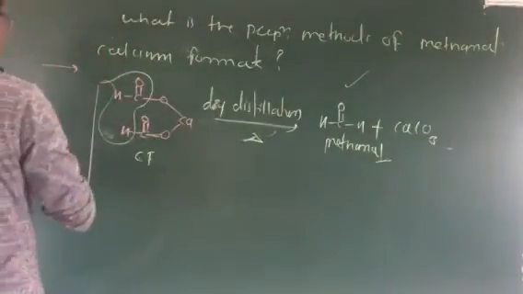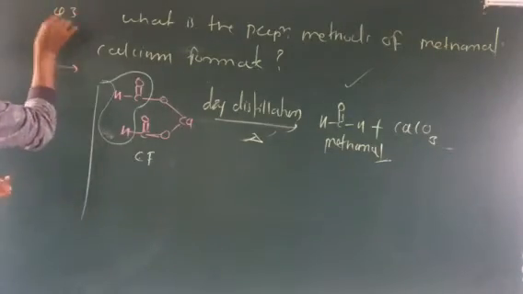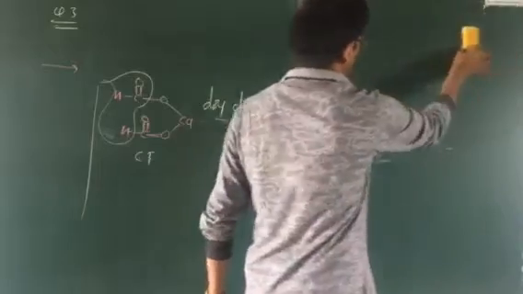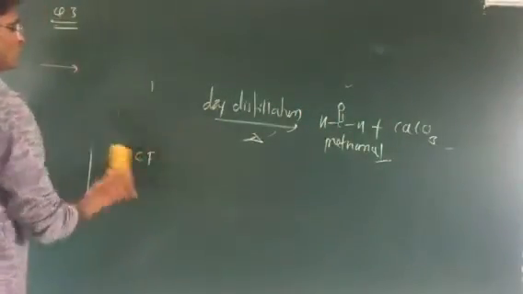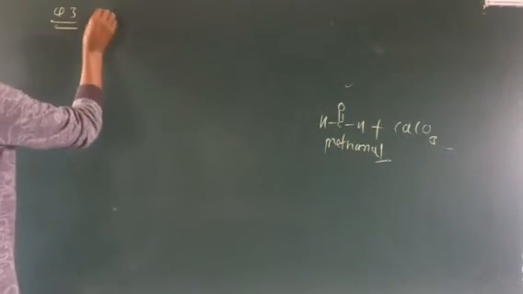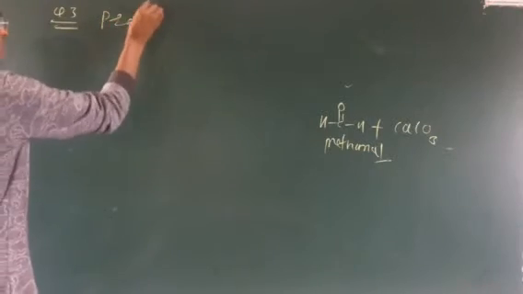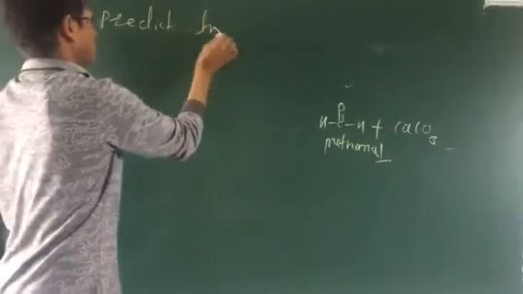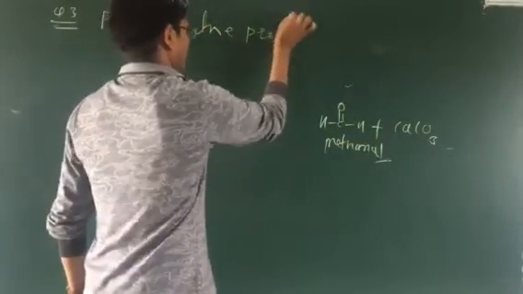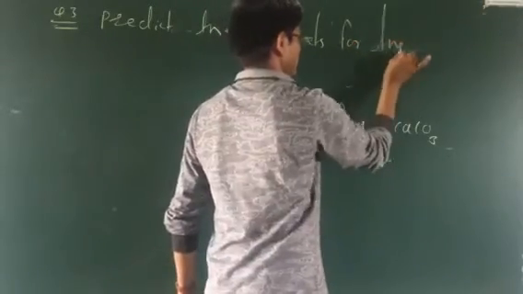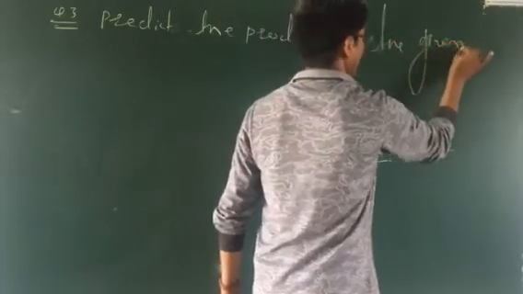Okay, reaction. Question number 3 is: आपको यहाँ पे रिएक्शन मतलब रिएक्टेंट दिया जा सकता है और रिएक्शन कंडीशन दिया जा सकता है. So you have to find out the answer, the product of the question. If you have to give answers of the type predict the product, the question will say: predict the product for the given reaction.